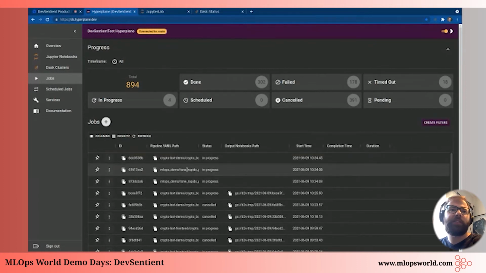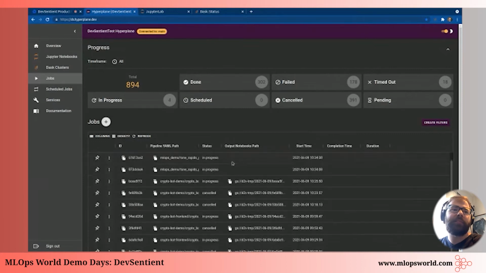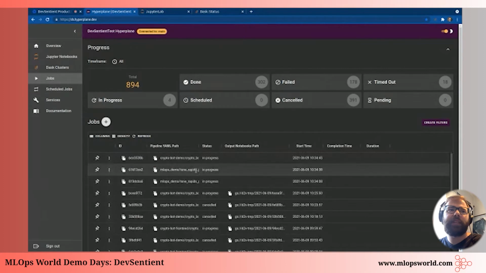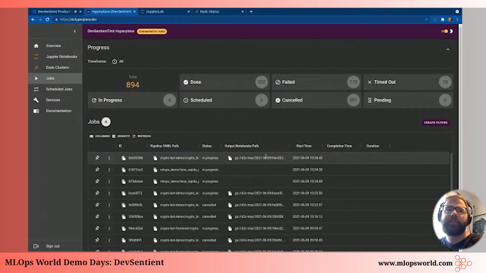But what I'll show you, and this will take about a minute or so, but what I'll show you in the meantime is I ran a job previously that failed due to the same reason. I wanted to load in Dogecoin and I didn't have it. And so I'll pull that data down so you can see how easy it is to debug. One thing you'll note here is, as I mentioned, we save that output notebook path, and this will show up here when that becomes available, and then we can easily just click the link and pull down that information.